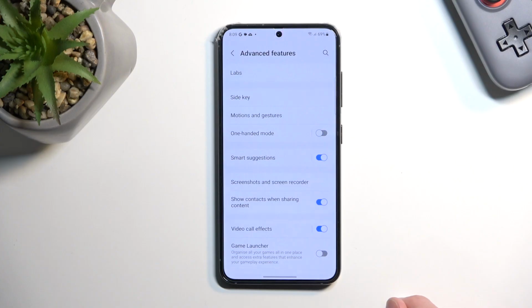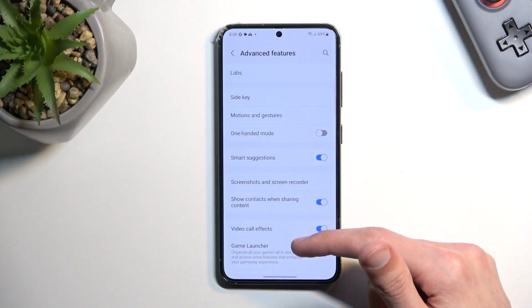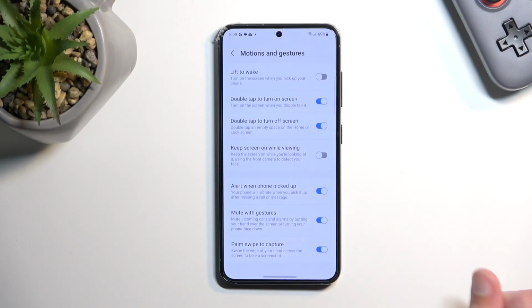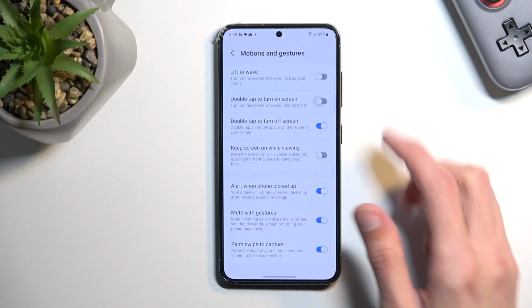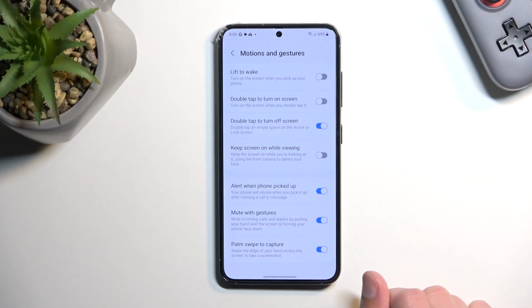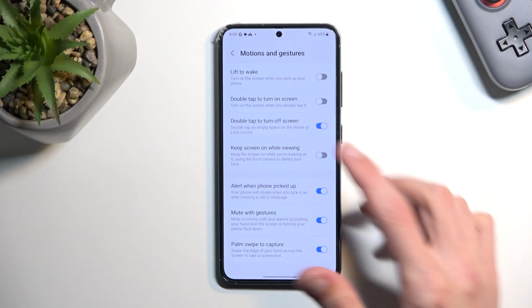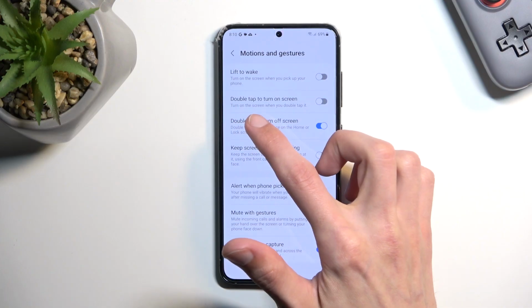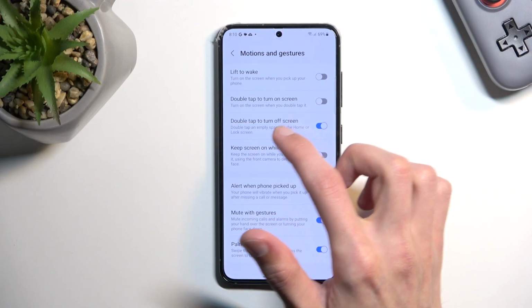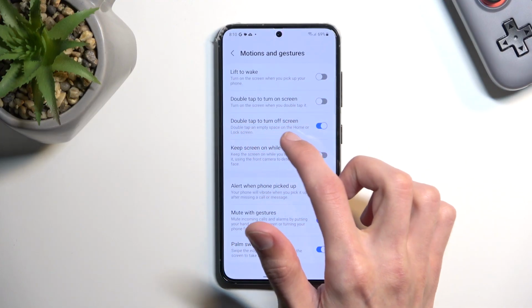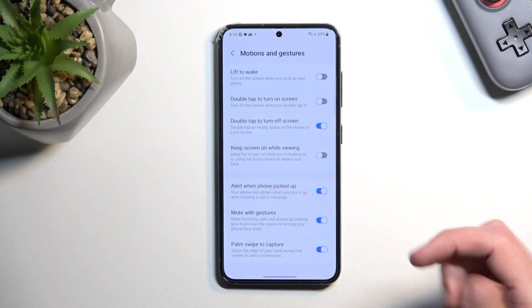Now moving on to the next thing, it's going to be the motion and gestures, which actually were also here. So let's see if we can find it quickly. There we go, motion and gestures. And we have a bunch of things that are turned on by default. So if you don't like some of these features, for instance the double tap to wake your screen, you can turn it off. Now we have two double taps to wake up the screen. One, not exactly sure how it works, considering it tells us to turn on the screen when you double tap on it, and then we have double tap on an empty space on the home or lock screen, but it's to